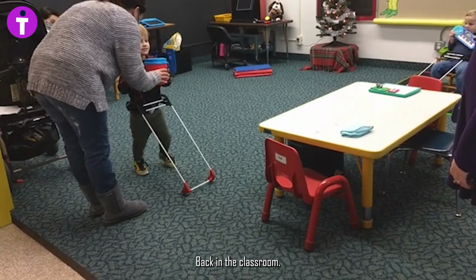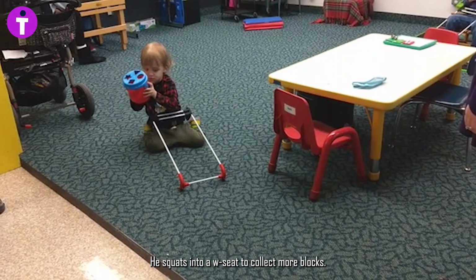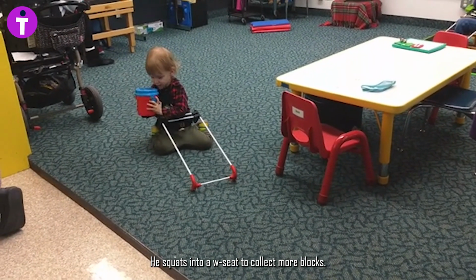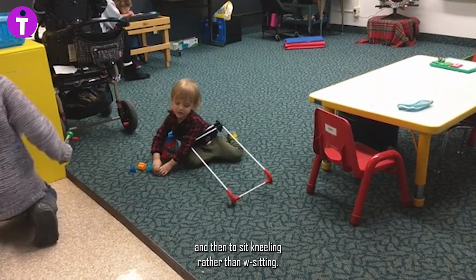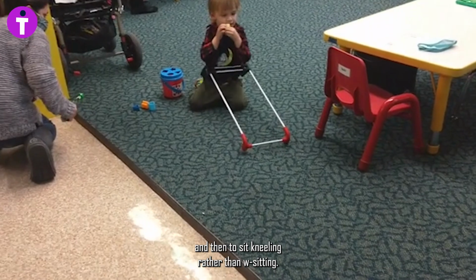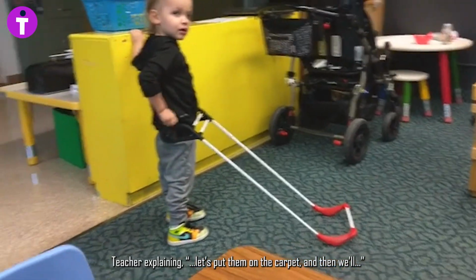Back in the classroom, he is standing. His teacher hands him a bucket of blocks. He squats into a W seat to collect more blocks. Jack adjusts his legs underneath him to knee walk and then to sit kneeling rather than W sitting. Hi. It's a heart. What did you say? Put them on the carpet and then we're going to